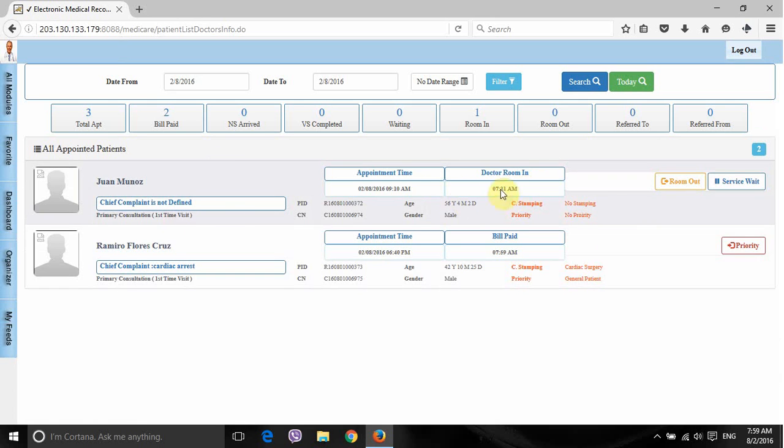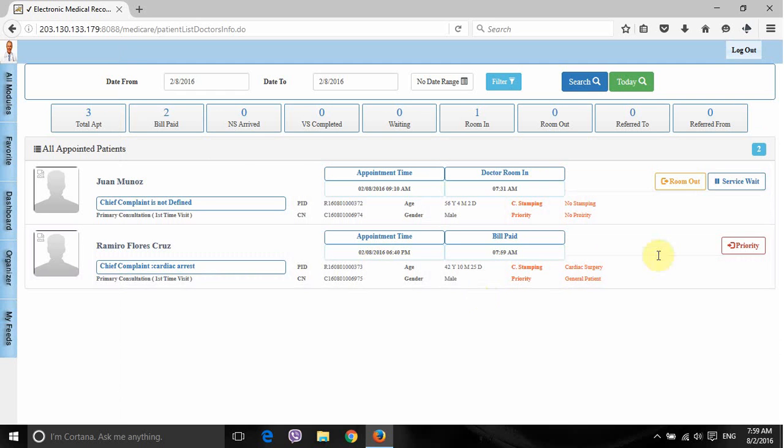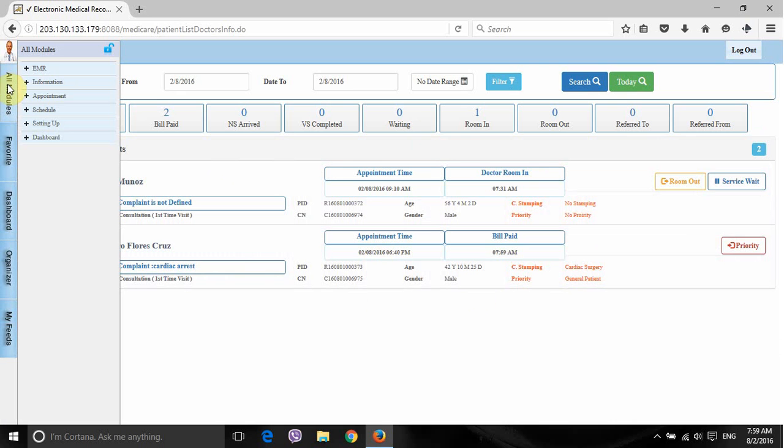These are all his appointments right now. Now, vital signs need to be added for the patient before he enters the doctor's room. In order for them to do that, the patient must be addressed by the nurses. So in all modules of the EMR, you go to the EMR option and you see there's a nurse